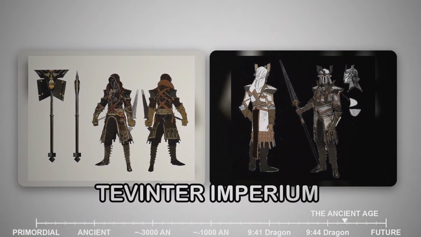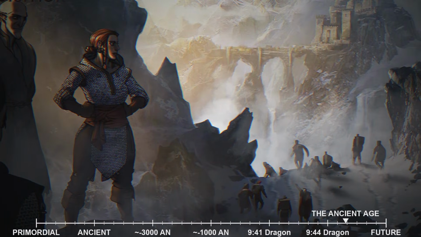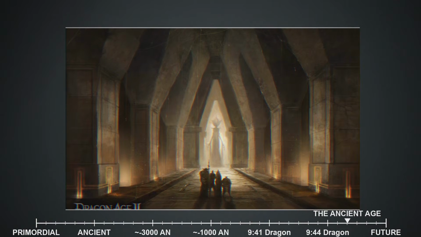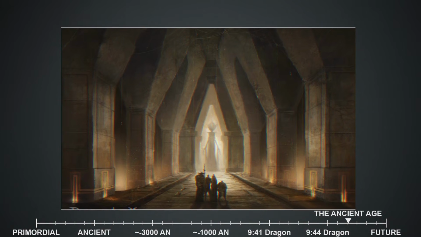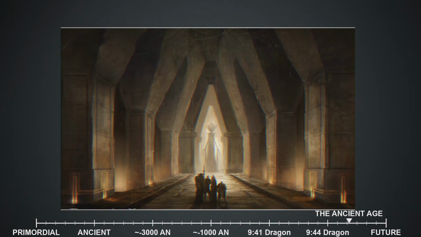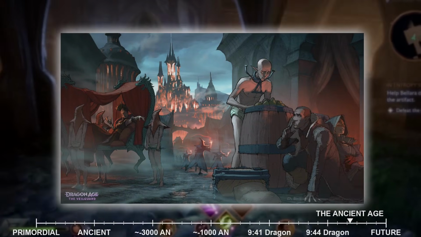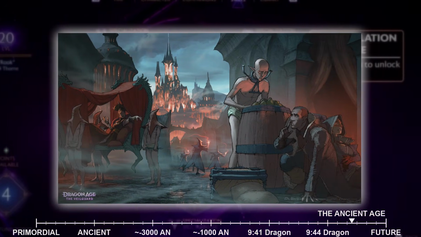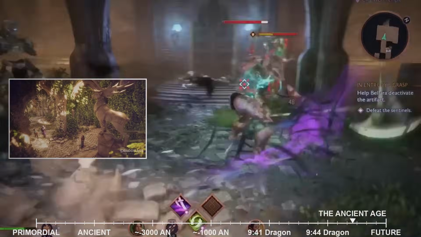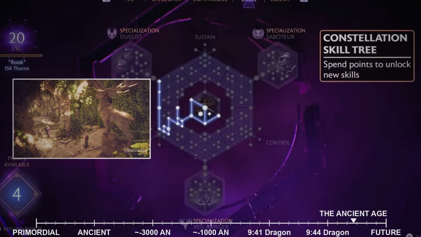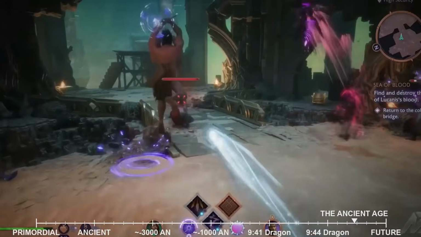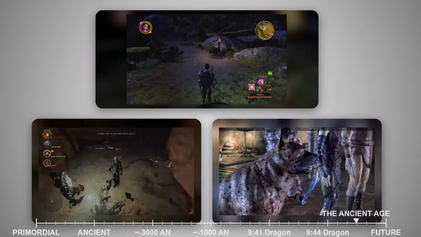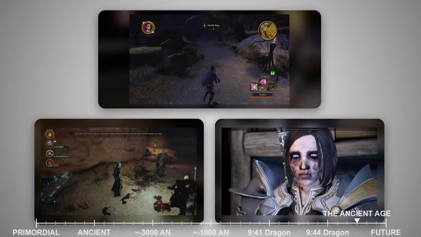The Tevinter Imperium was founded on principles radically different from either elven or dwarven society. Where the elves drew their power from their immortal nature and connection to the Fade, and the dwarves from their unity with the stone, the Tevinters built their civilization on the systematic study and application of magic. Early Tevinter mages discovered ways to manipulate the Fade more deliberately than the instinctive magic of the elves. They developed structured schools of magical thought, created hierarchies of magical power, and most significantly, they made magic the foundation of political authority. The Tevinter Imperium grew rapidly, absorbing neighboring human tribes and settlements, expanding its borders through a combination of magical might and military conquest.